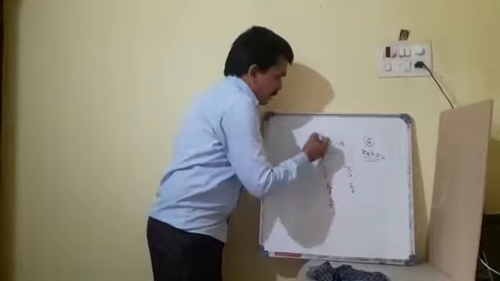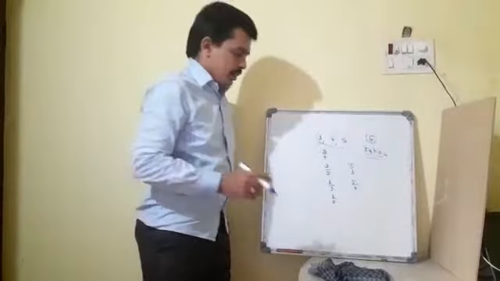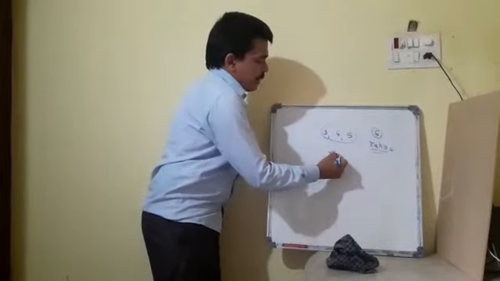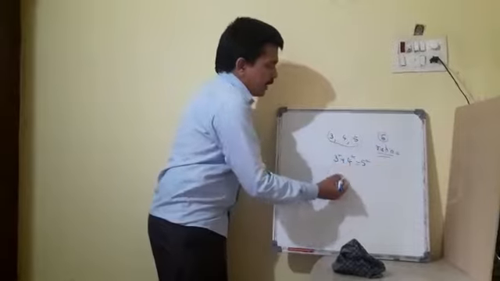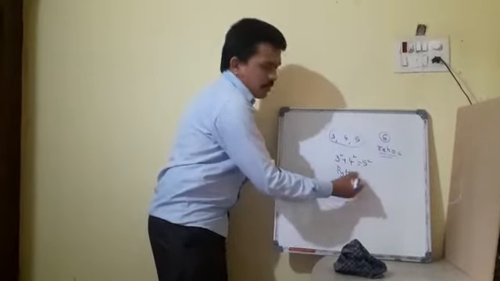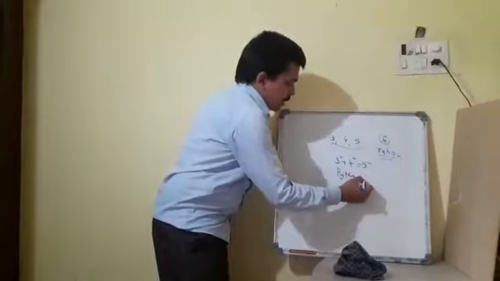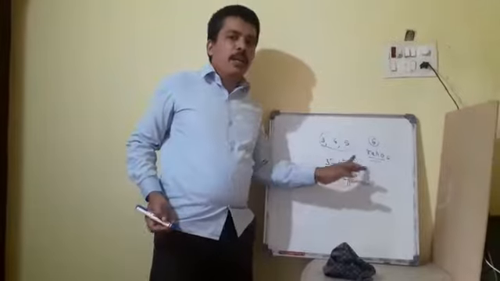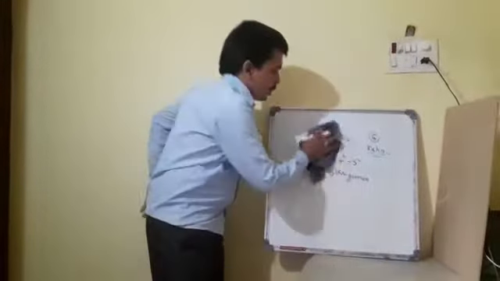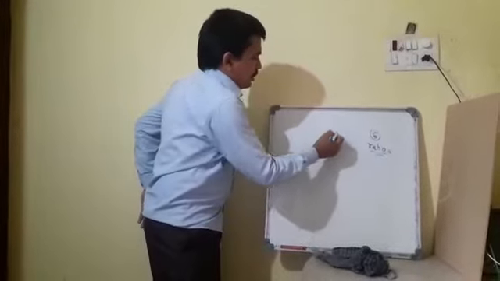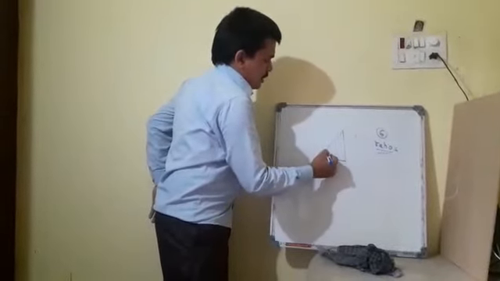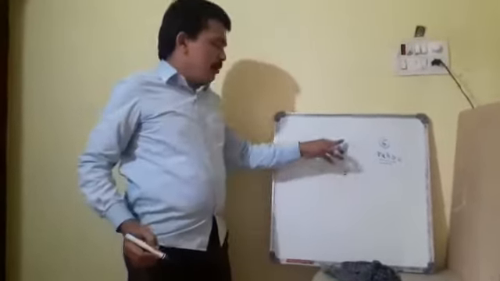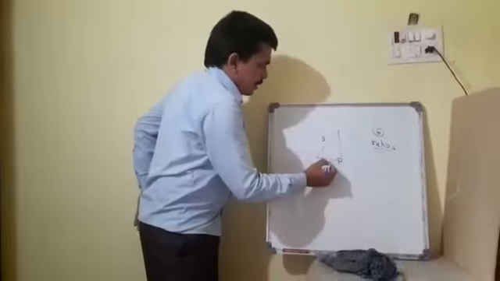If you see 3, 4, 5, are you remembering anything? Yeah, I know what you remember. I can write 3 square plus 4 square is equal to 5 square. It is a Pythagorean triplet, isn't it? Whenever we have a Pythagorean triplet, we can form a right angle triangle using it. So when I make a right angle triangle, let us take this as 90 degrees. Obviously, in a right angle triangle the hypotenuse is the longest side, so that is 5. The remaining two sides are 3 and 4.